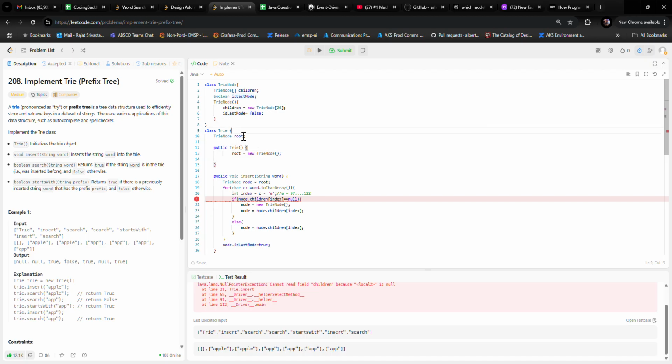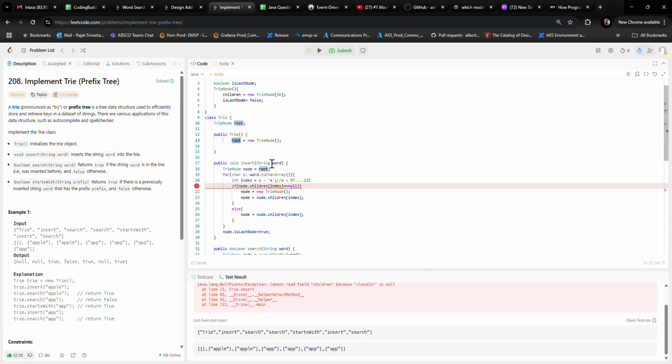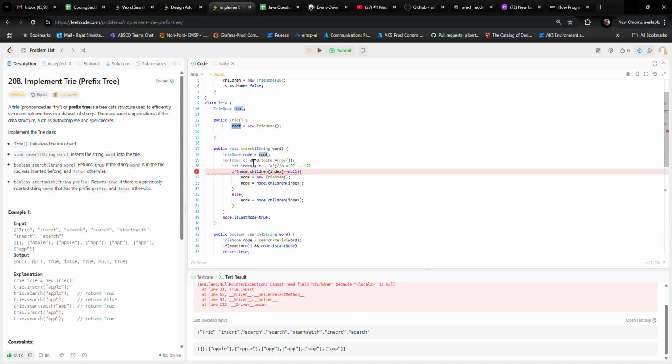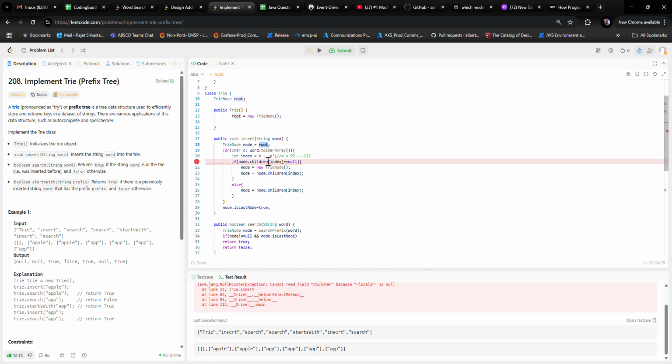This root is of trie node, and this trie node root is equal to new trie node. Object is already created, and then this root will be root, and then this node dot children of particular index is... So what if I change the condition? If it is not equal to null, then